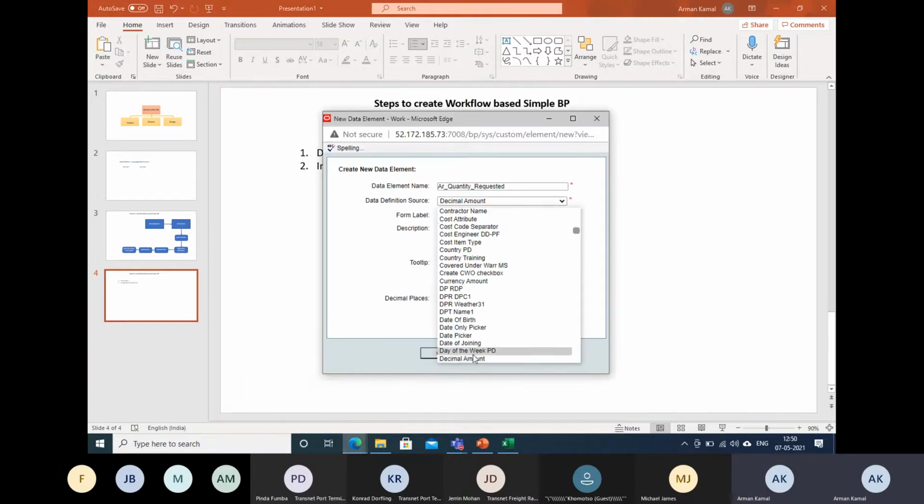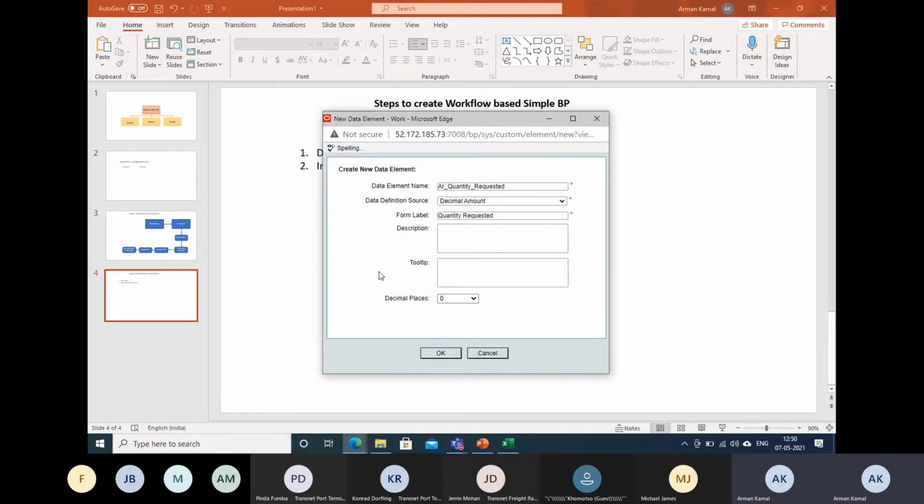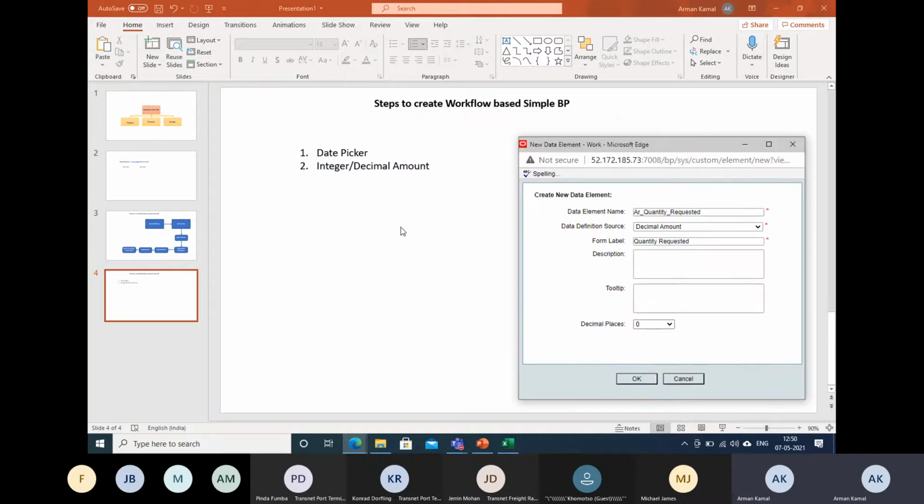That decimal is a standard. You can also see the date picker. Date picker is also a standard, so you have to remember it. Date picker and decimal amount quantity, all this you have to select through data element. In my understanding, date picker and decimal are the only two fields where you have to go to the data element directly. So this you have to mug up.